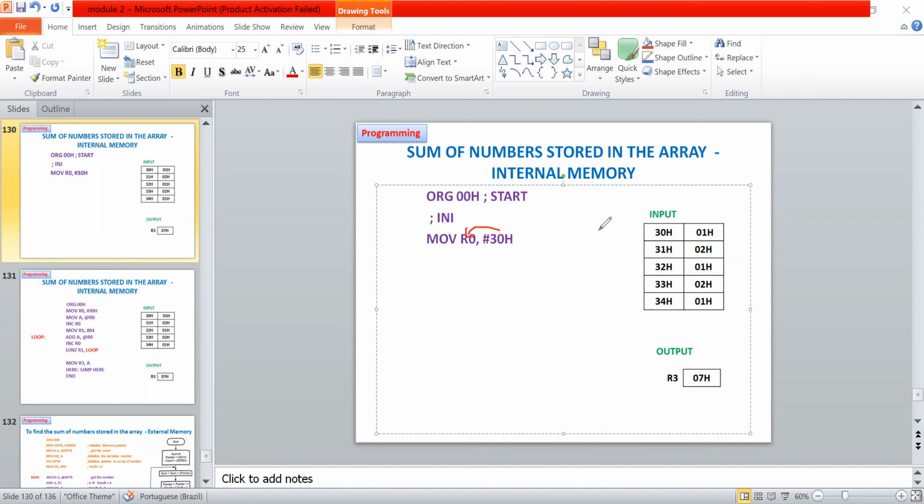We are moving 30H to the register for initializing it as a memory pointer. So this is going to be your memory pointer later in your program.